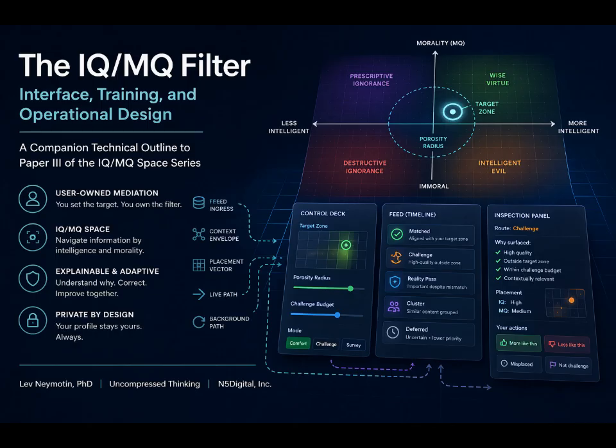Yeah, the visuals really help. They do. There's a UI mockup included showing a sleek control deck and an inspection panel. It proves this project is moving past thought experiments and into actual interface design. Right. But before we get into the buttons and the sliders of that interface, we need to establish how the system even understands what it is looking at. To build a mechanical filter, you first need a stable language to define what the system is judging.